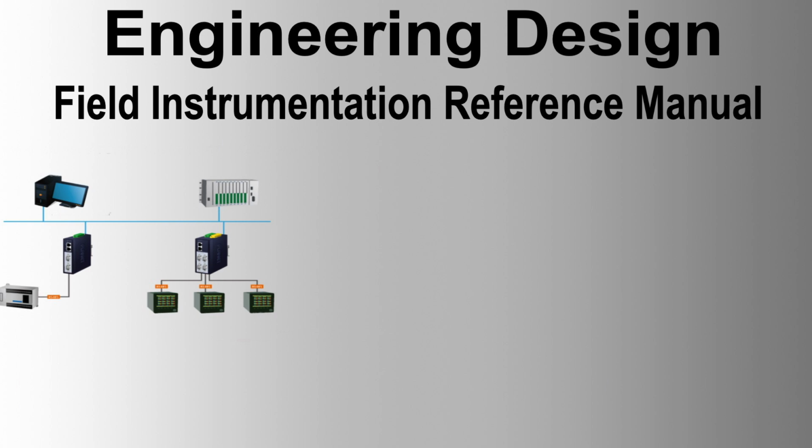Level instruments. Capacitance level probes. Capacitance level probes measure the level of a fluid based on changes in capacitance between the probe and the tank wall. The capacitance varies with the level of the dielectric fluid. Applications. Used in various industries for measuring the level of liquids and solids, including water treatment, chemical processing, and food